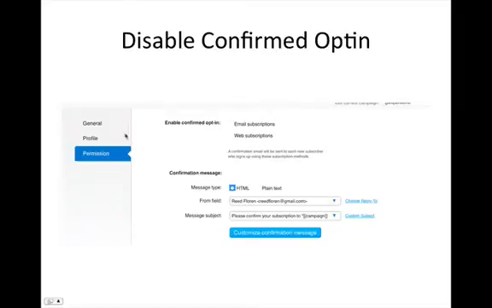What I want you to do is go to this Permissions tab here. It's going to start out at General. You click Permission. These are little check boxes and they're automatically checked. What I want you to do is uncheck those. It should save it right there. Basically what you're doing is disabling confirmed opt-in. When you buy a lot of solo ads, you're going to have a hard time getting people to confirm that they opted in. So I recommend just disabling confirmed opt-in because you're going to lose a lot of subscribers if you leave it enabled. So you disable that